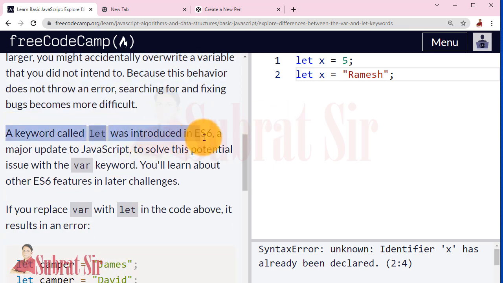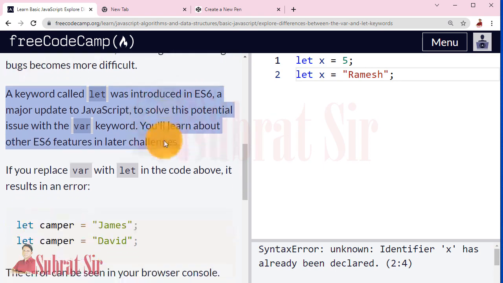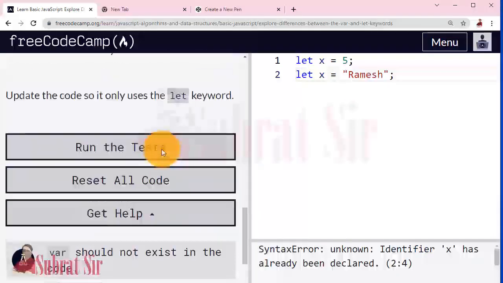So this keyword let was introduced in ECMAScript 6, a major update to JavaScript, to solve this potential issue with var keyword. We will learn more about ECMAScript 6 in later classes, but for the time being, as we are learning let, remember that it was introduced in ECMAScript 6.